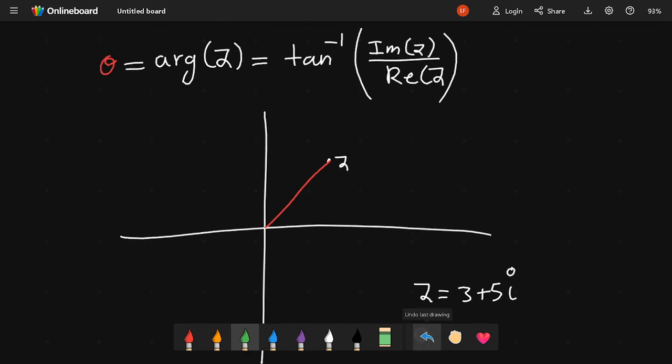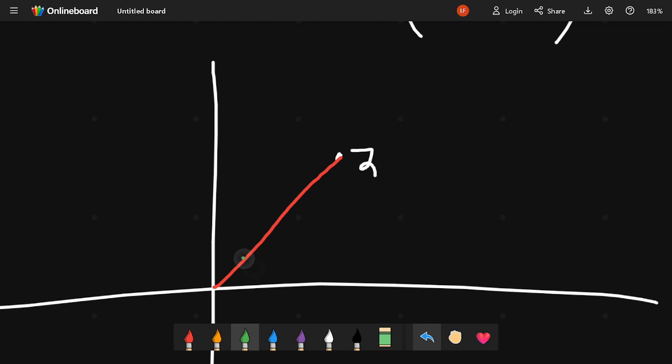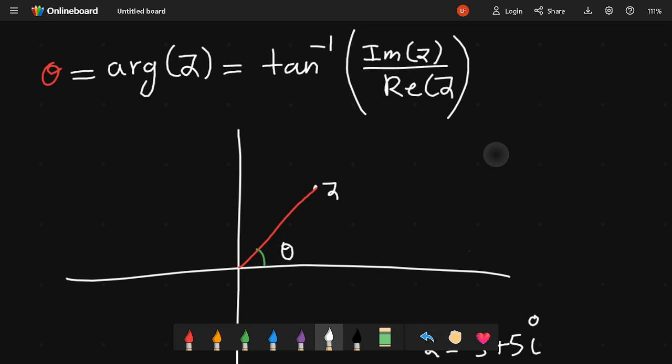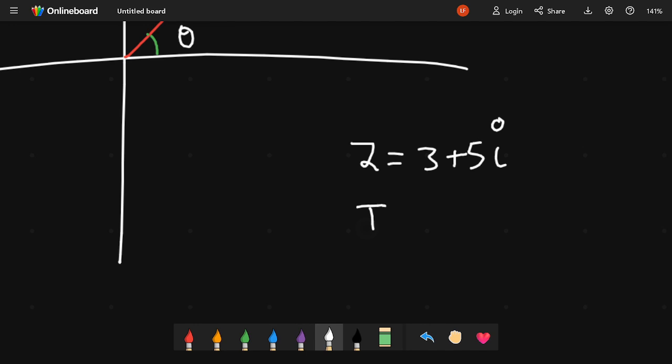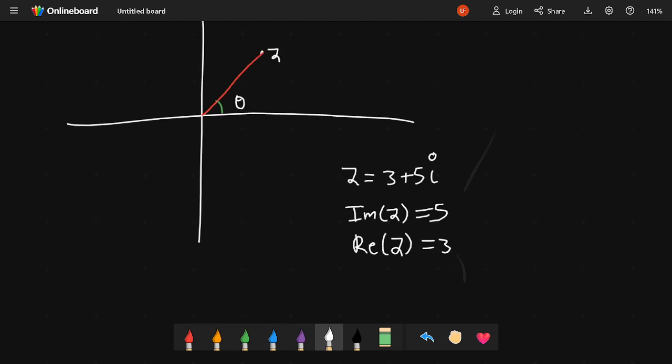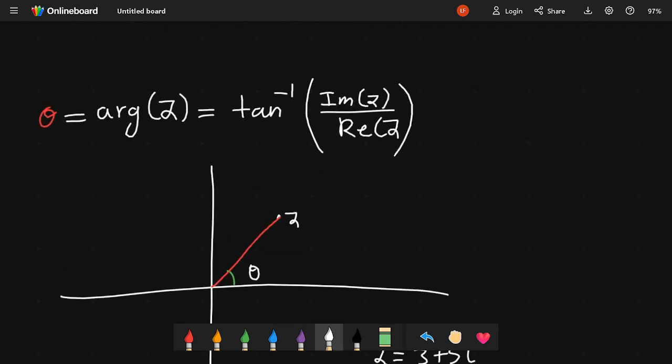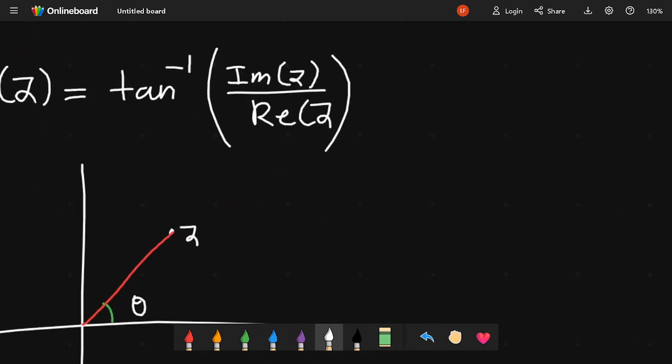So let's find this angle. How do we find this angle? First, what we need to do is find the imaginary part of z. From this, we can say that the imaginary part of z equals 5, and the real part of z equals 3. So this angle would be theta, or the argument of z,